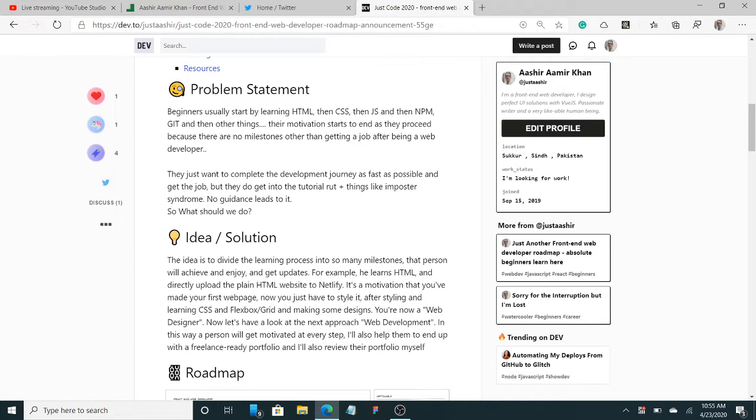Basically, it's a first web page without any styling, without any JavaScript, but it's a web page. Okay, so yeah, it's a motivation. After 2 or 3 days, the guy or the girl has their website online. It's a motivation that they made their first website.